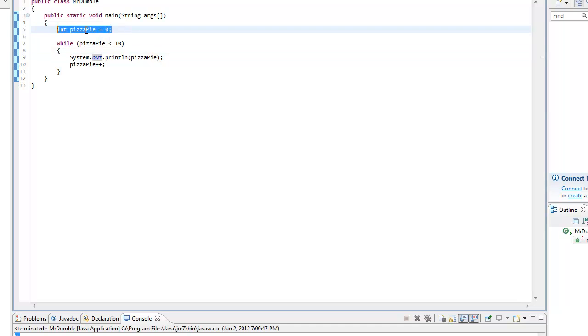We have an integer called pizza pie, and we set it to 0. And it's important it's set to 0 because if we're going to add to it, we need to have a number to begin with. While pizza pie is less than 10, we're going to keep running this thing, which starts at 0 until it equals 10. We're going to have it print out the value of the variable.